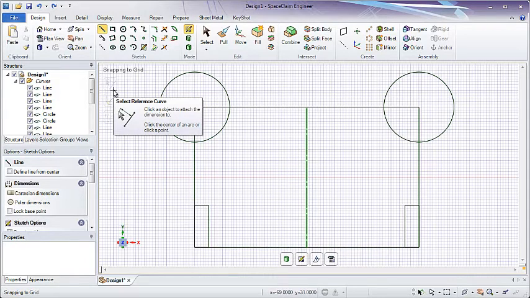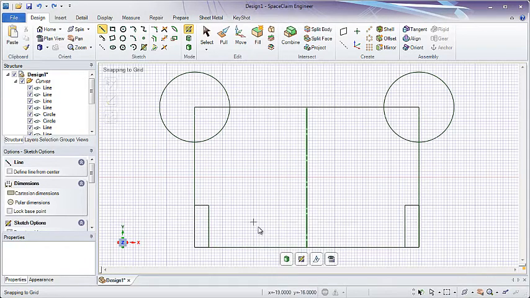Now that I've done this, I want to create a line coming from the center out. If I click on line and want to sketch this, I don't need to make a line going from the center out, back up, and back to the center. I could instead start a certain distance from that line. What I'm going to do is start to use Cartesian dimensions to find out where this line